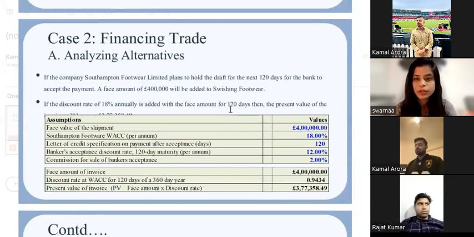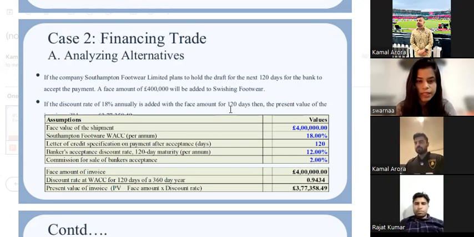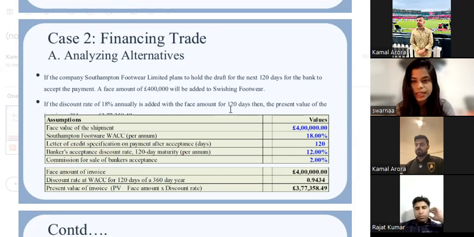Hello, everyone. My name is Sharna Bhomik, and now I'm going to discuss the financing trade. And the first part is analyzing alternatives. If the company Southpump Footwear Limited plans to hold the draft for the next 120 days for the bank to accept the payment, a face amount of 400 pound, 4 lakhs pound, will be added to switching footwear. If the discount rate of 18% annually is added with the face amount for 120 days, then the present value of the